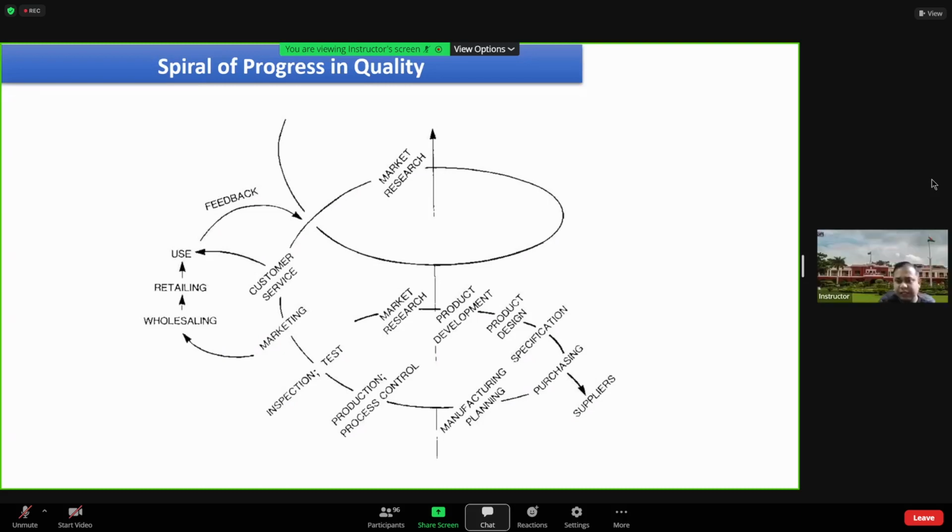But the modern concept says that quality is the responsibility of each and every person or functional unit involved in the organization. And the functions might follow an unvarying sequence of events that we call the spiral. In addition to this, we see the main functions, like marketing, product development, and product design. There can be certain supporting activities also, like mentioned here. For marketing and customer service, we require certain other supportive activities also.